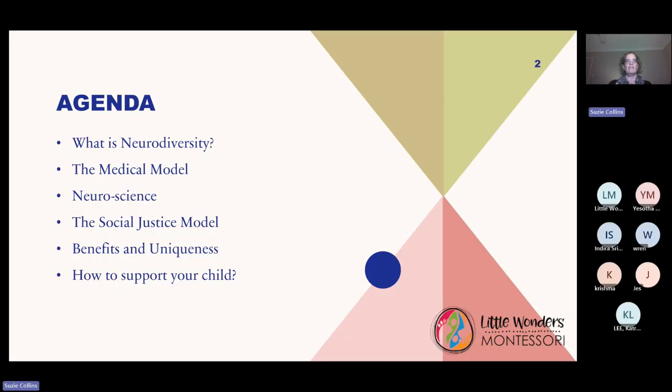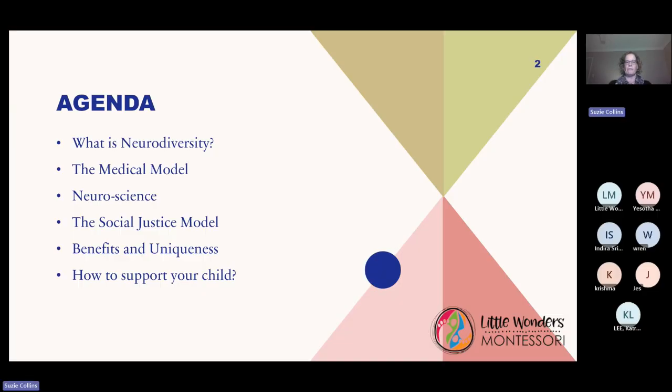So we'll start with having a bit of a look at the agenda we're going to cover today. To start off with, I'm going to talk a little bit about what is neurodiversity. It's this term that has started to be used quite a lot in this field, and so I wanted to share a little bit about that. And as part of that, I want to talk about the different models that view ADHD and some other mental health disorders in a different way.